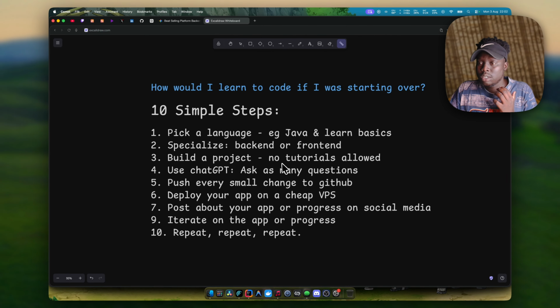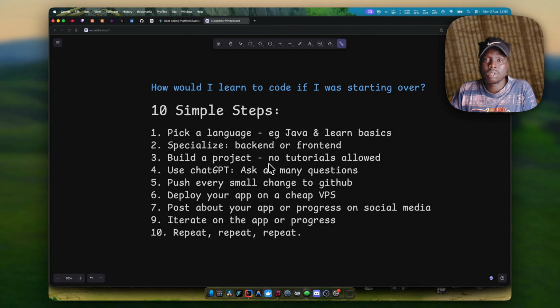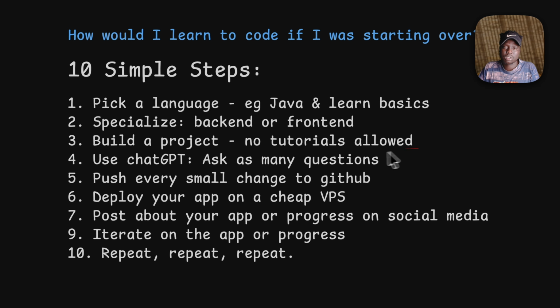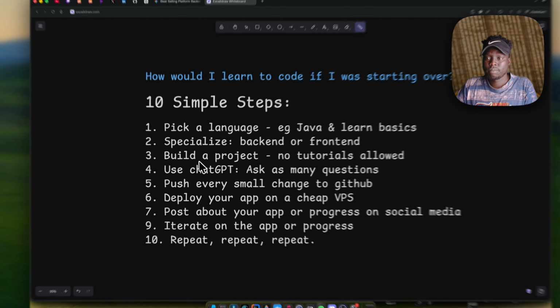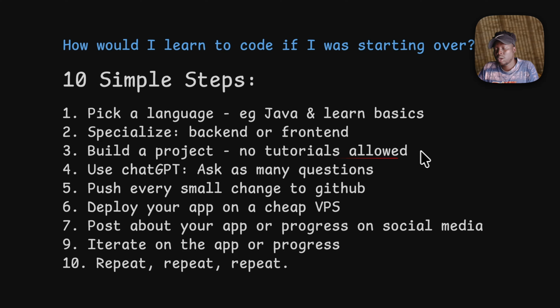Reason being, tutorials give you false hope of learning, right? You just follow somebody doing something, and after the tutorial, you feel like you have learned something, but in the end, you haven't really learned anything. So I wouldn't recommend following tutorials at all when you're starting out. Well, if you just want to find out something specific, like for example, Git and GitHub and all of that, things that are very trivial, you can just go to YouTube. But actually building the project that you want to use in your resume, do not use tutorials. So I would refrain from tutorials.